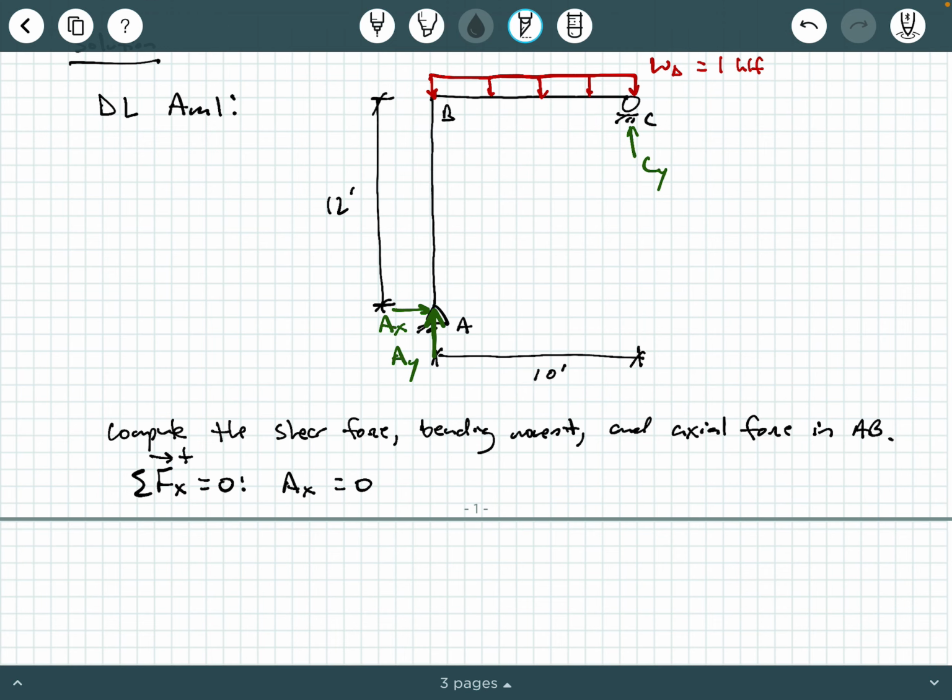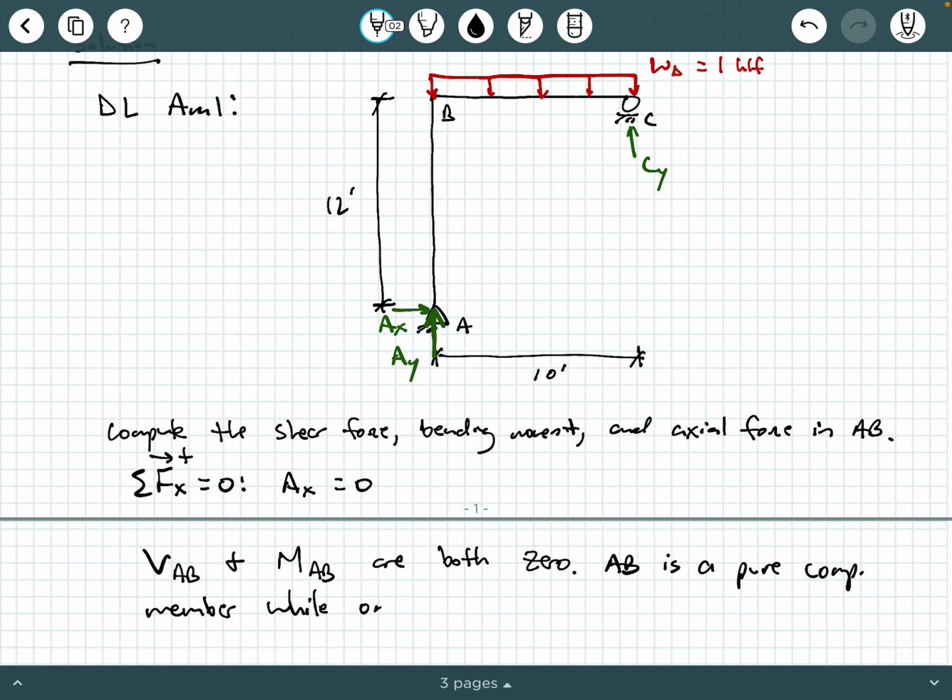So we can say V, the shear in AB, and the moment in AB are both 0. As a frame exposed only to dead load, AB is a pure compression member